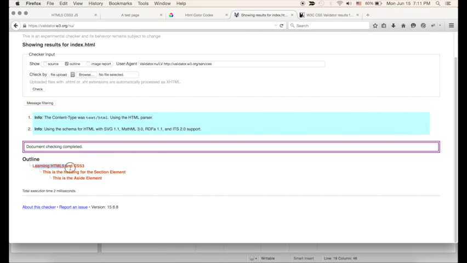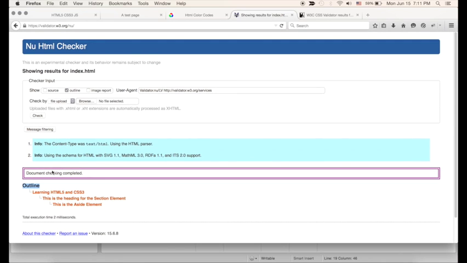Okay, now this is perfectly alright. It's even showing you a form of outline for your headings. So this is really helpful. It has also removed all sorts of warnings, all sorts of errors,